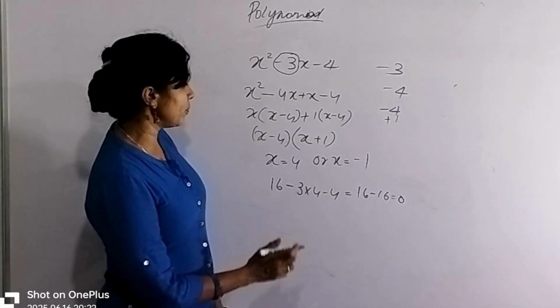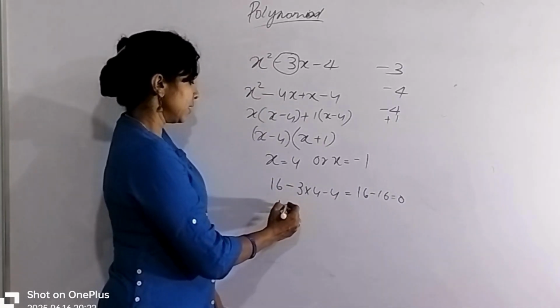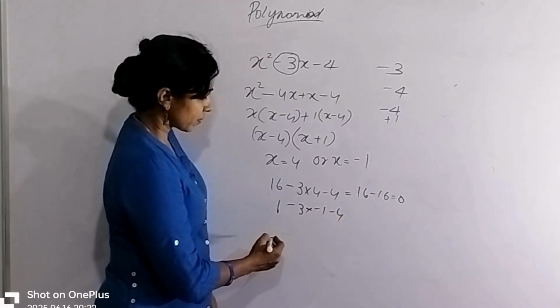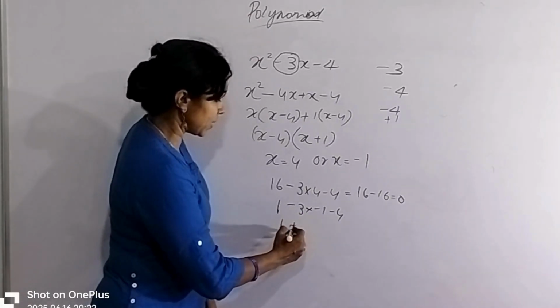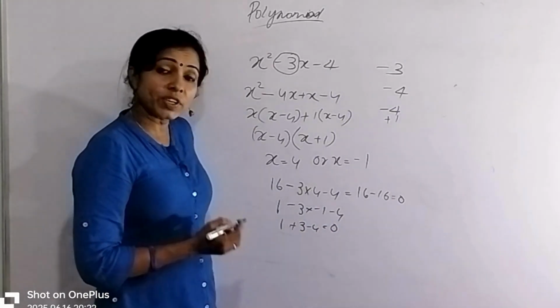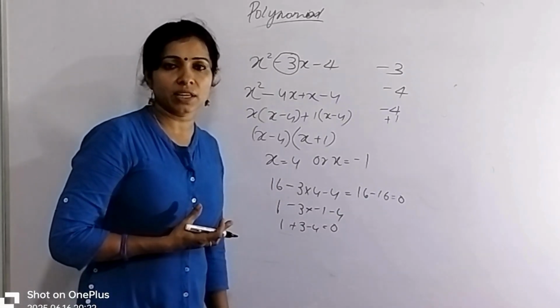Then you take another value, x is equal to minus 1. So here 1 minus 1, the whole square is equal to 1. Then minus 3 into minus 1, again minus 4. Here you have minus 1, minus 3 into minus 1 plus 3 minus 4. Again it will become 0. So we can say that x is equal to 4 or x is equal to minus 1 are the zeros